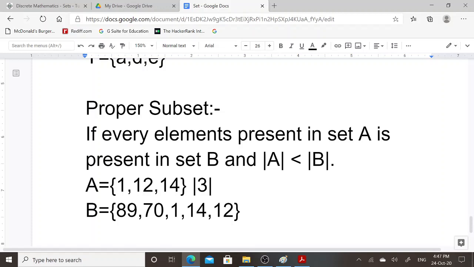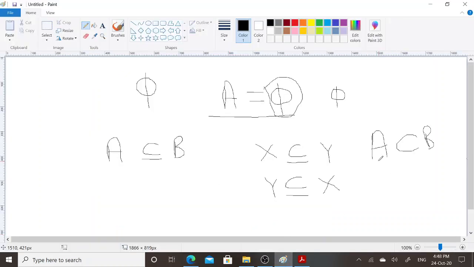It means a total of 3 elements are present in set A. It is less than cardinality of set B, which is 5. In set B 5 elements are present. So in this case A is a proper subset of set B. Here it is written as A is proper subset of set B. This is the symbol of proper subset.